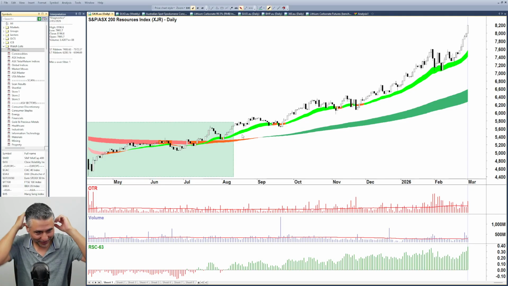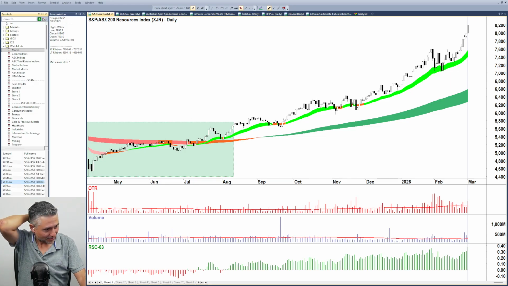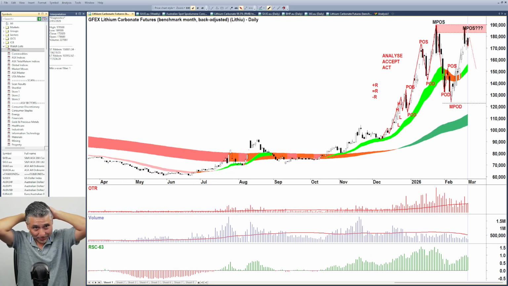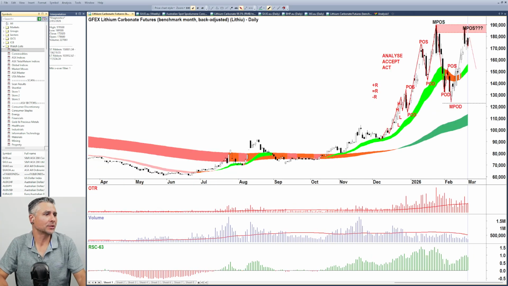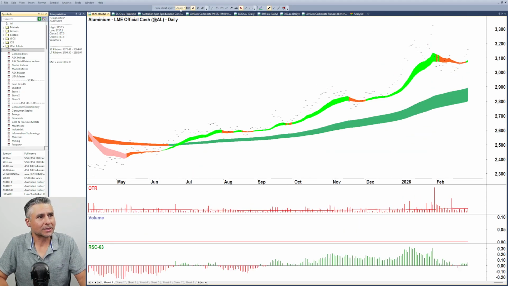Actually, we've got a few other things here today. I did do the lithium, haven't I? Done lithium. We'll head down there, have a look at it while we're here. In fact, we might head to the base metals first and have a look at how the events of the last 72 hours are impacting base metals generally.